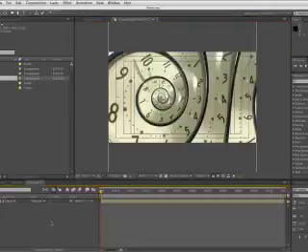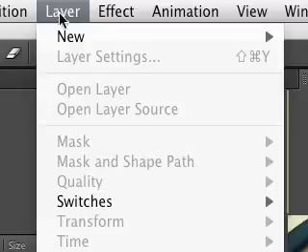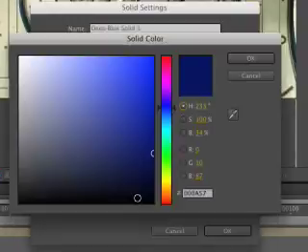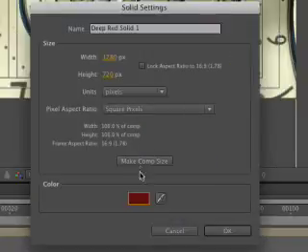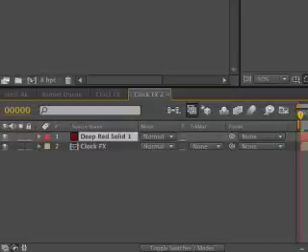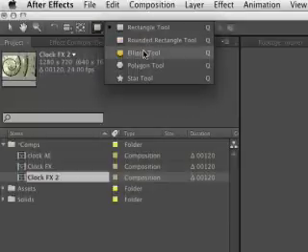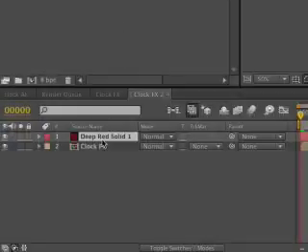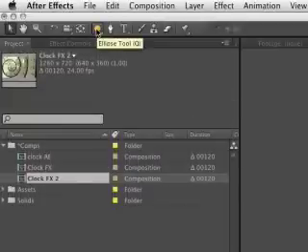As a final touch, I usually like to make some interesting color effects. We'll just add 2 solids real quick. Layer, New, Solid. We'll make a red composition size solid, kind of a dark red. OK, make sure it's comp size. Click OK. We'll build a quick vignette on this, so we'll grab the ellipse tool, grab our solid, double click the ellipse tool,